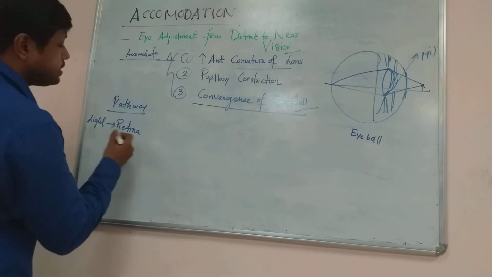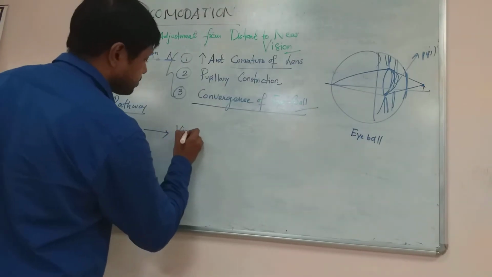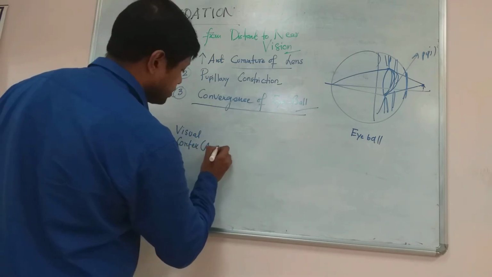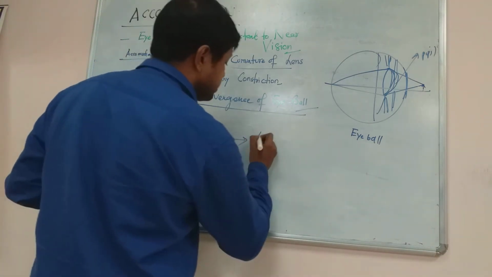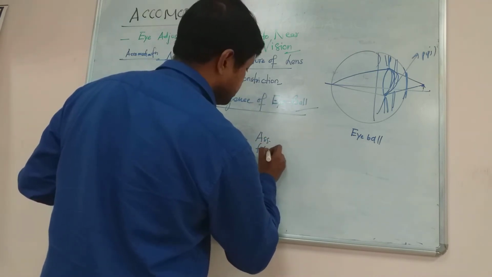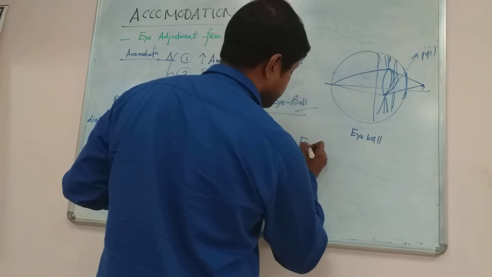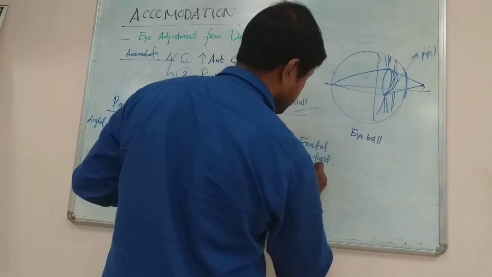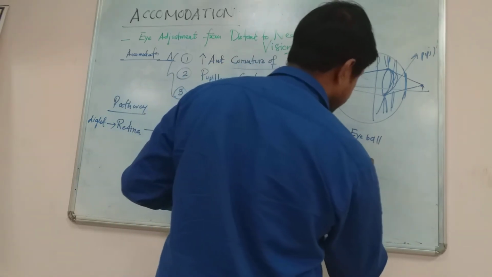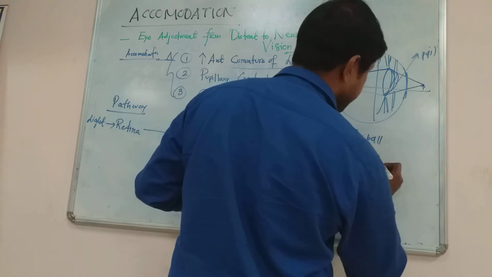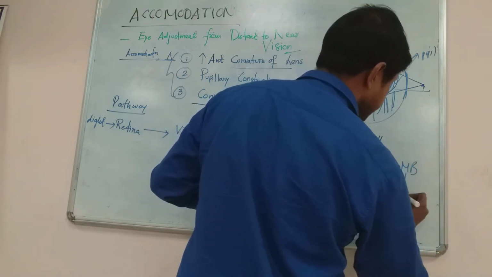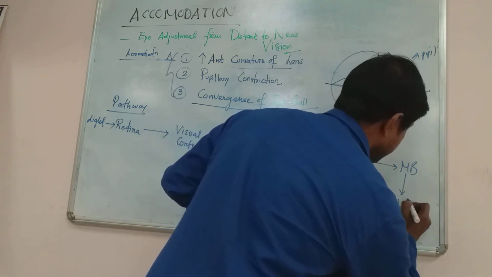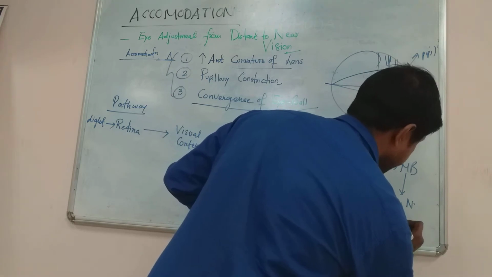Now light will fall on the retina, and it will be taken to the visual cortex, which is area number 17. Then it will be transferred by association fibers to the frontal eye field, which is area number 8. From there it will go to the internal capsule, then the midbrain, then the third cranial nerve nucleus, also known as Edinger